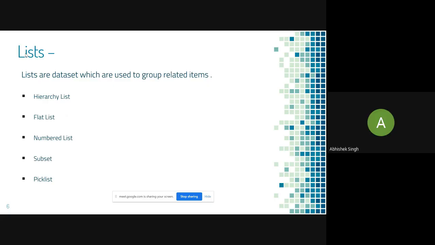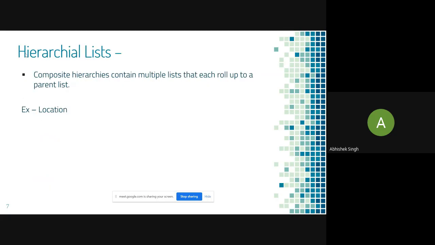To start off, we are going to take the hierarchy list for our initial discussion, understanding what a hierarchy list is all about. The idea is that one by one we will discuss different types of lists. Suppose I start off with the hierarchy list: we'll discuss it, then go through the exercises of the hierarchy list and see how it has to be created. And then once done with hierarchy, we are going to move to any other type of list. All right.